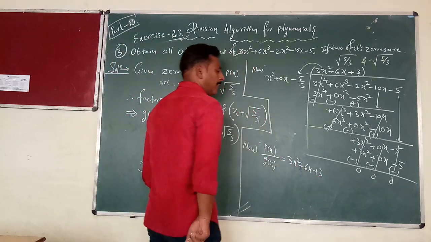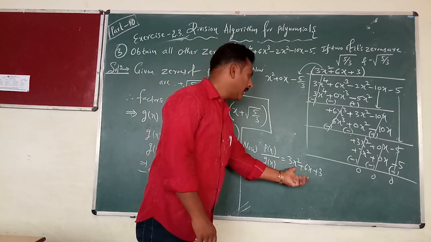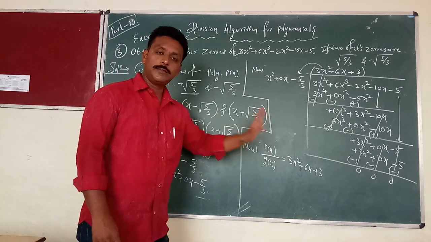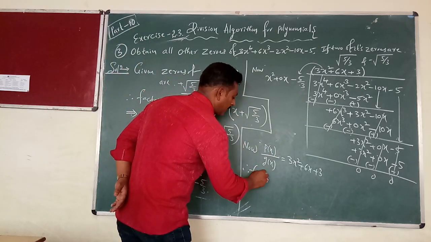This one we have to factorize so as to get two factors like this. Binomial factors we have to get. This is the same splitting method. So therefore factors are